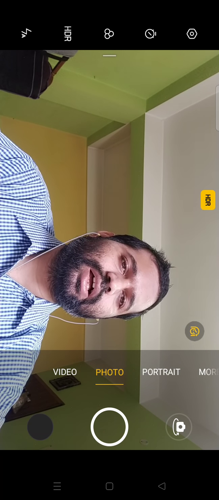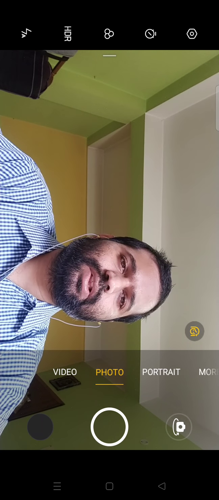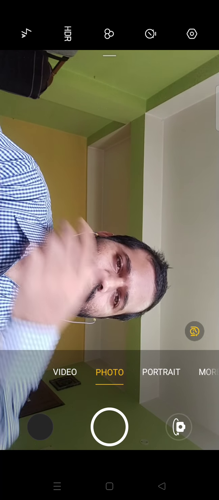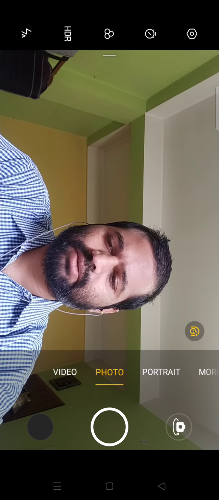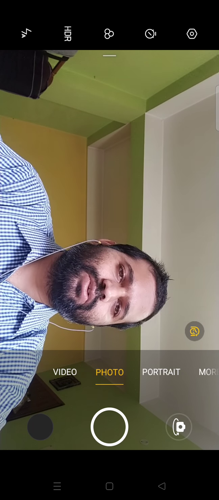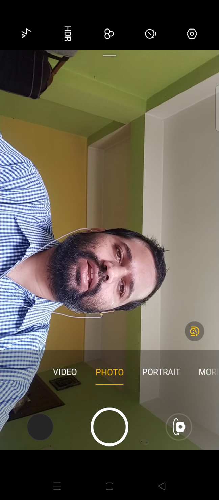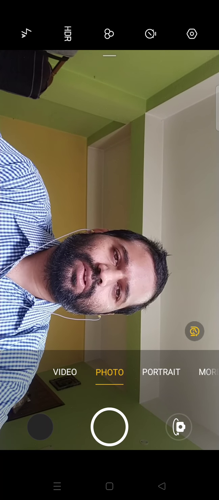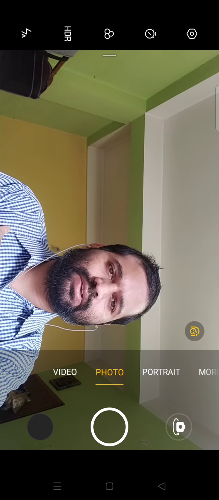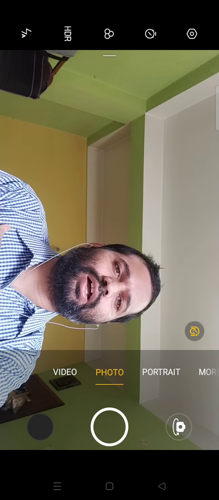Nowadays, digital thermometers have been invented. So nowadays people use digital thermometers. They put it in the mouth or maybe under the arm and press a button. You can see there is a button. When you press that button, it will produce one sound, and then you can record your temperature. You put it under the arm, then wait. After a few seconds, it will produce one sound like this. That means your temperature has been calculated.